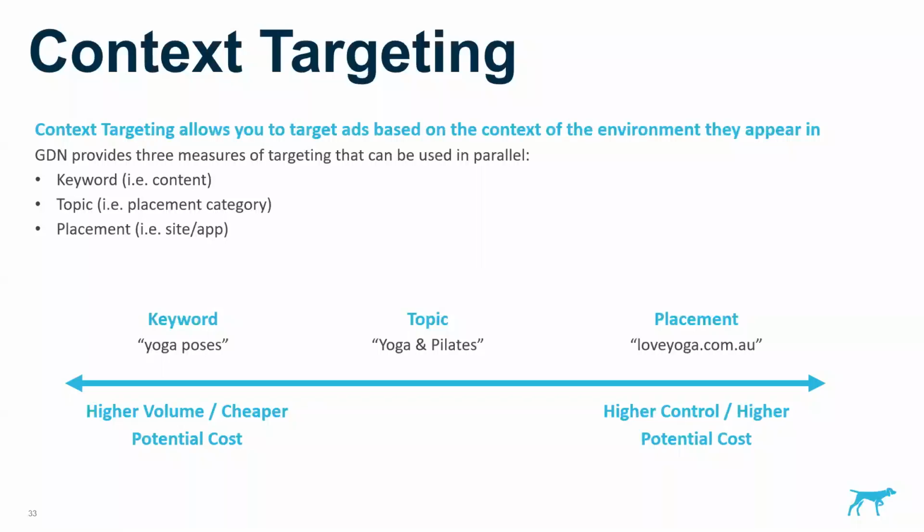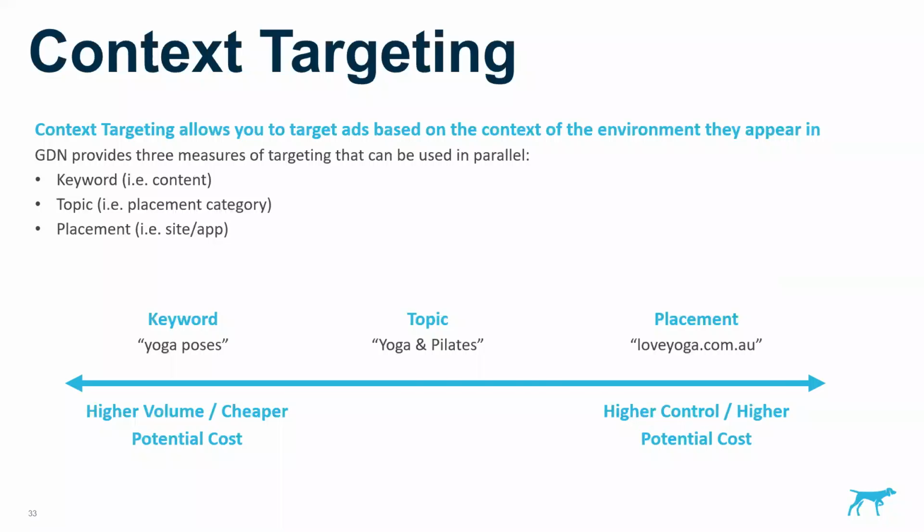But if we were to say Sydney Morning Herald, that would probably be a very expensive placement because there's a lot of competition based on the traffic that website sees. So that's sort of how you can use GDN's, or the Google Display Network's, data to bolster your targeting capabilities.